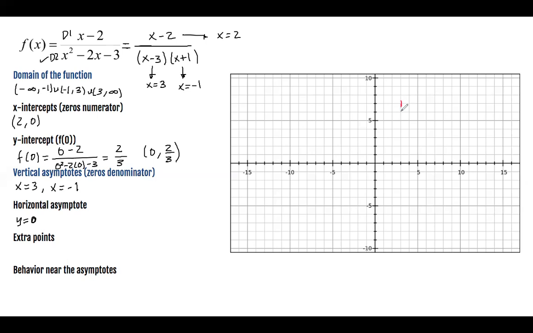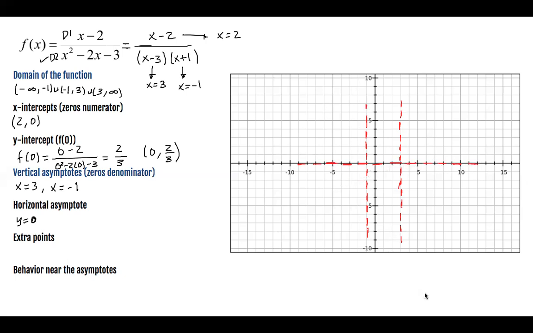So the vertical asymptote is going to end up around here. The other vertical asymptote is here. Then we have the horizontal exactly over the x-axis. So here. I'm going to keep going. Then we have the